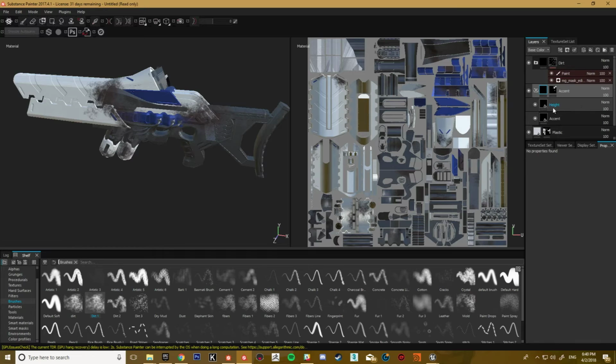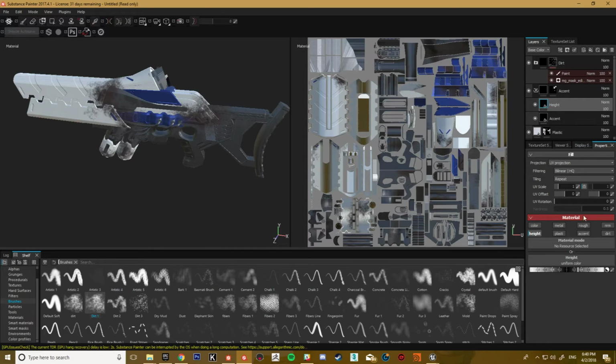And then in the accent we've actually got a height layer here, which we could double up to have the accent, because it's not conflicting with anything, it's not adding anything, it's literally just we're making it white so that Substance knows this, paint this section with this channel.